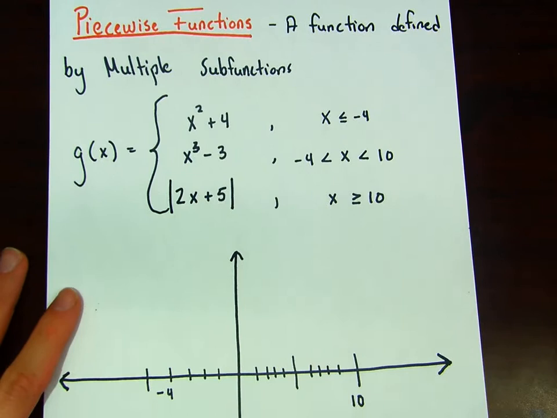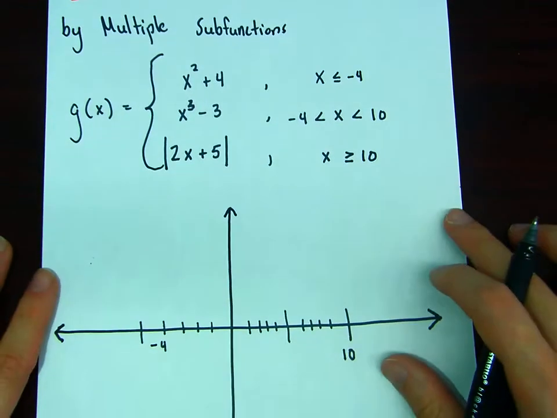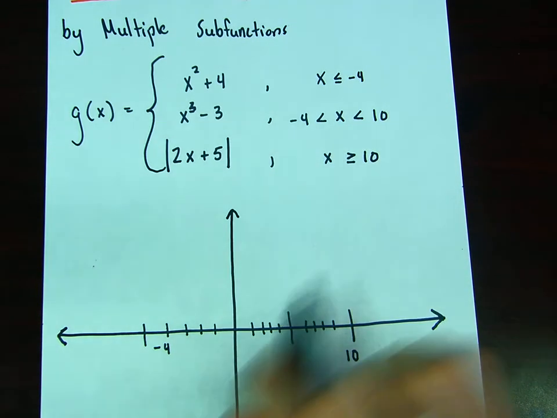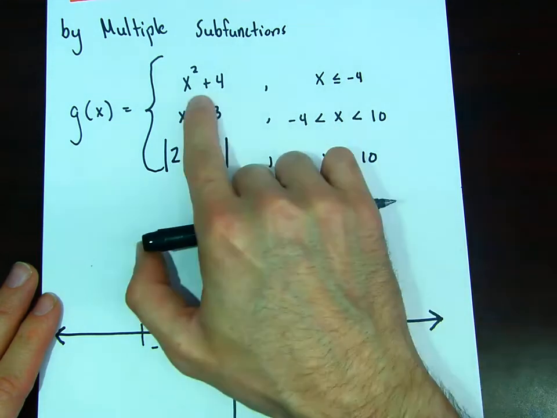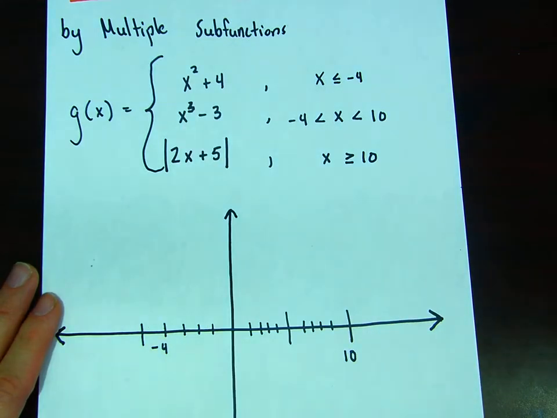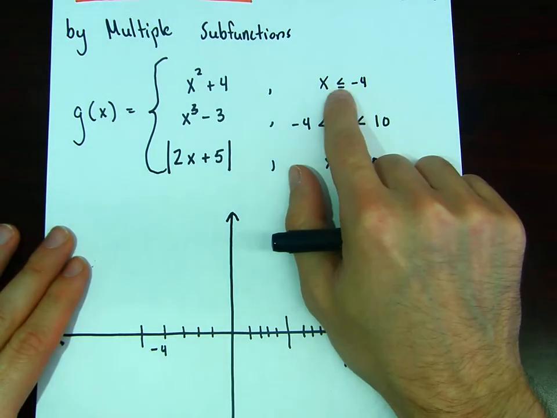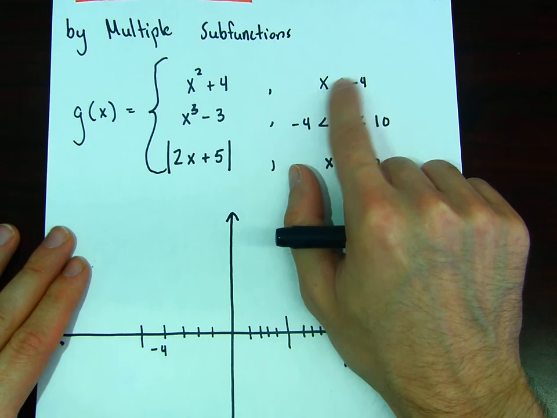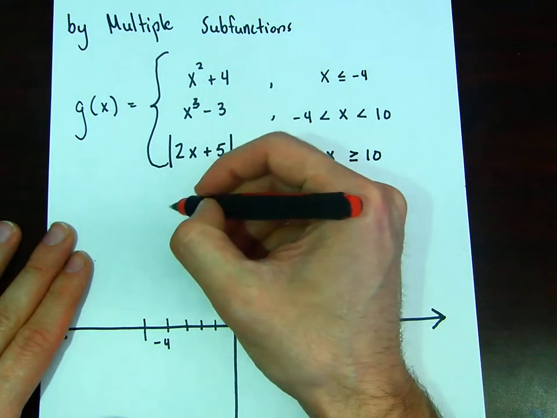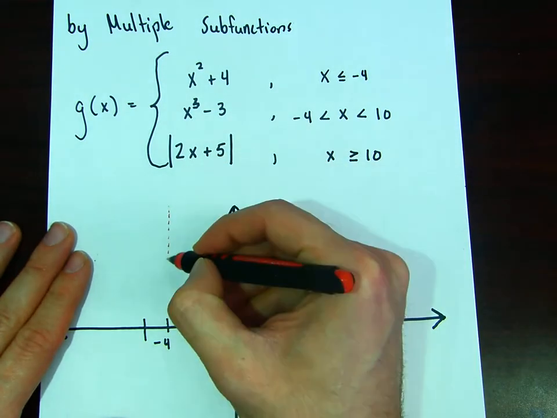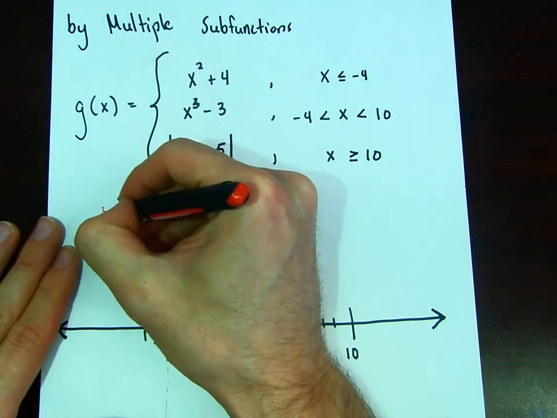The tricky part is, what about the graph? How would the graph of this look like? All right, so notice, let's break it down into 3 parts. Here, the first part is stating that for x less than or equal to -4, we're going to use x squared. Wait, sorry, let me organize something. Okay, yeah. Here, notice if x is less than or equal to -4, if this is -4, let's make like a little boundary or like a little fence or something. What this is stating is that x squared plus 4 lives here,